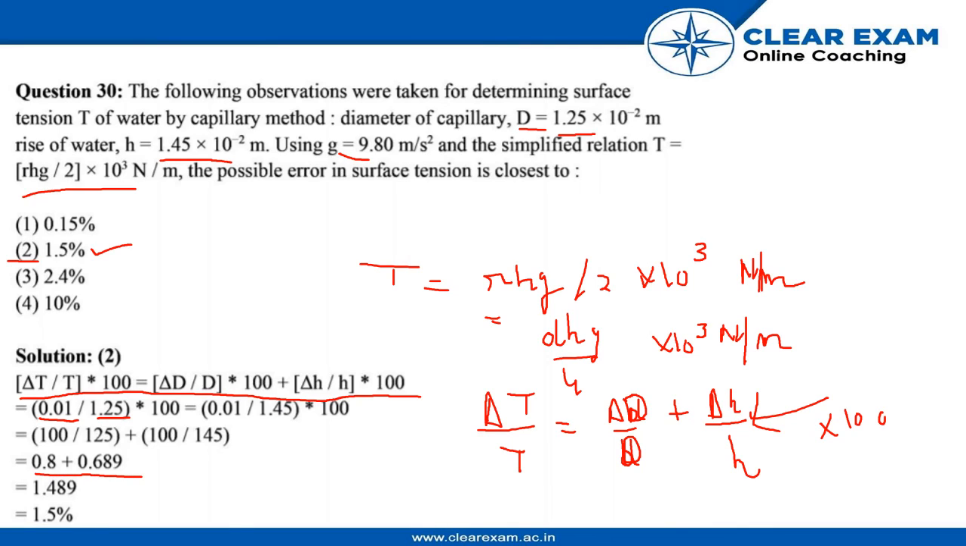So now by putting these values, we just multiply it, and it is 0.8 plus 0.689, which is 1.489, approximately 1.5%. So the correct option is